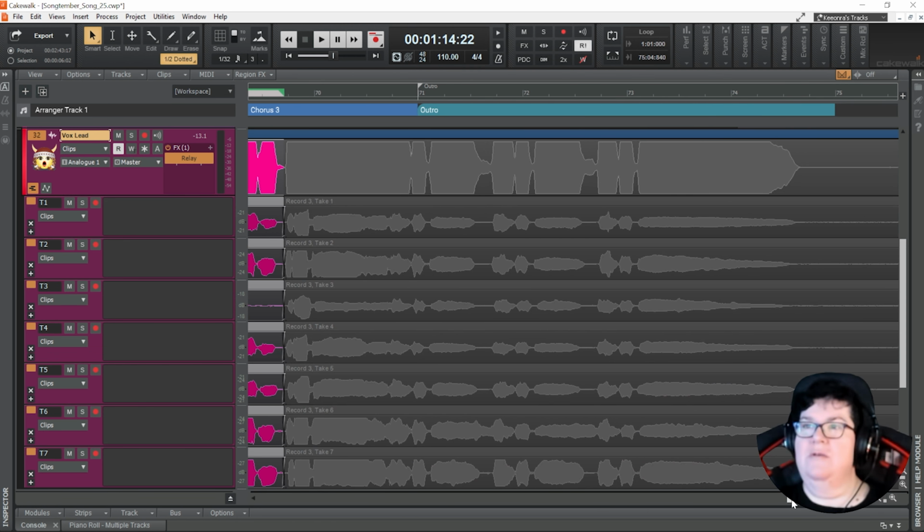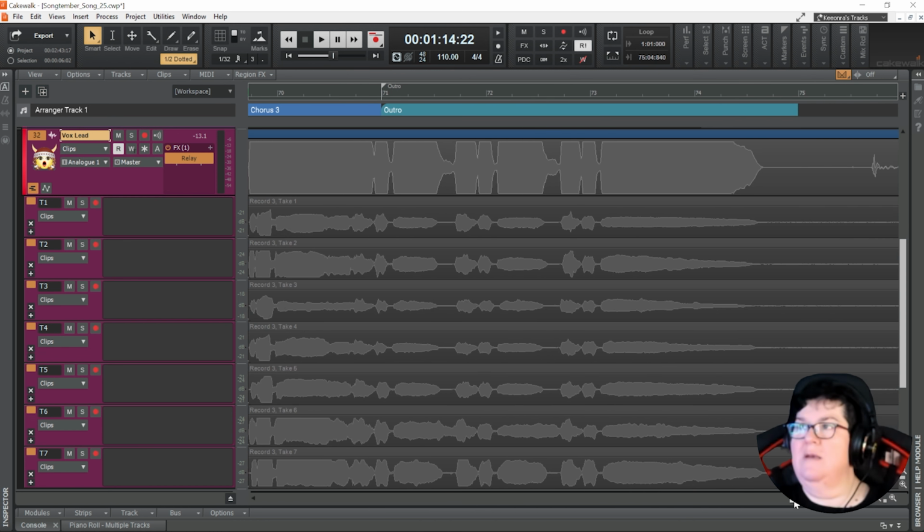But I've just gone through and carefully done this because even while this main waveform looks like there's a bit of a break there, at some point I decided to sing through, and I'm not going to check it now. So I'm going to treat all of this last bit of the end of the chorus and the outro as one bit